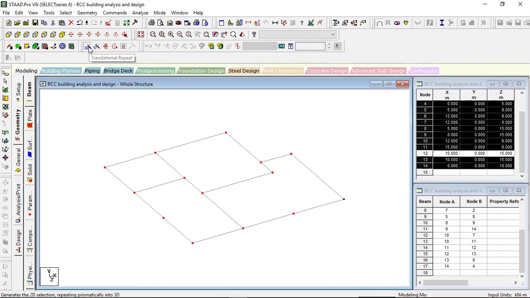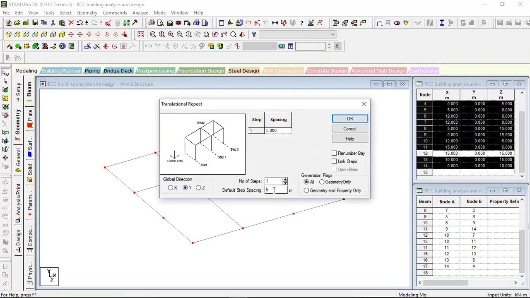Now I will go for translation repeat. Footing depth will be in the y direction, and I am connecting my columns up to the footing level of minus 2 meter. Okay, minus 2 meter. Suppose if the bearing strata is weak, at that time we will take it up to minus 2 meter.